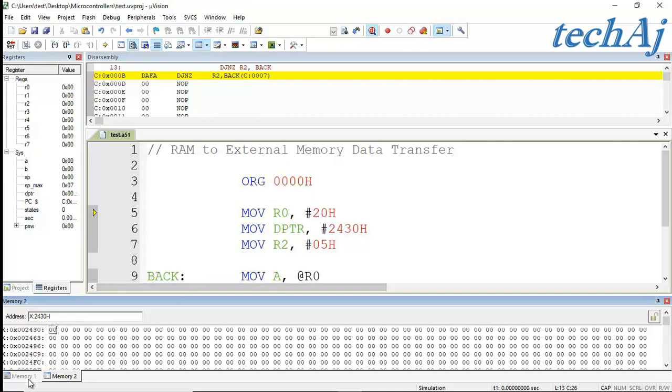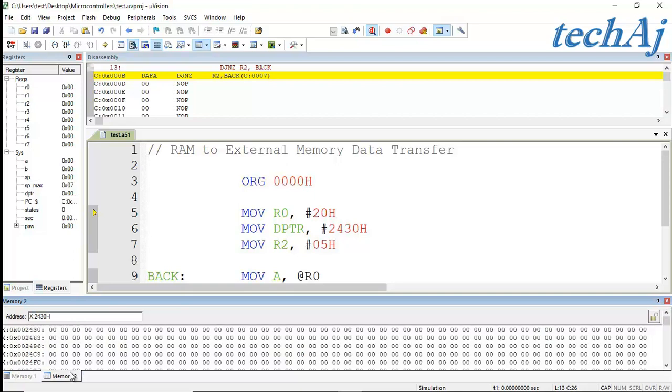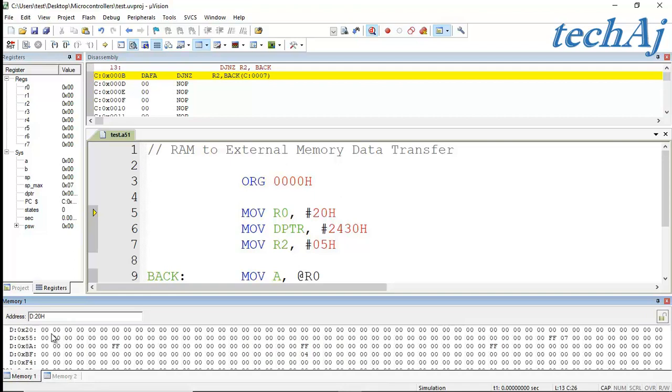Now to transfer the data, our initially RAM memory should have some data, then only we can observe whether it is transferred to the external memory or not. So what we have to do, simply double click on this data bytes and edit the values. I will simply add the values here at a RAM memory locations.